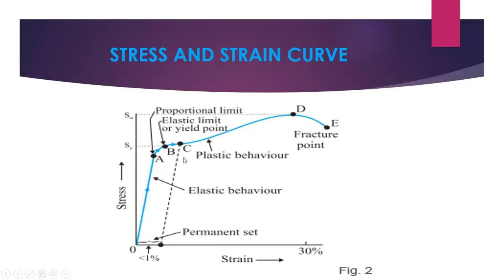So simply, when a metal is there and its length is 100 meters, when you apply a force above the elastic limit, the 100-meter metal will become 105 meters. Okay, these are above the elastic limit. So if you remove the force, normally it comes back to 100 meters, the original length.